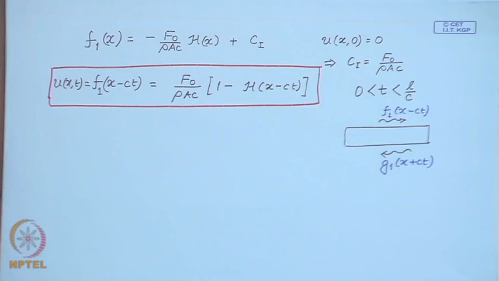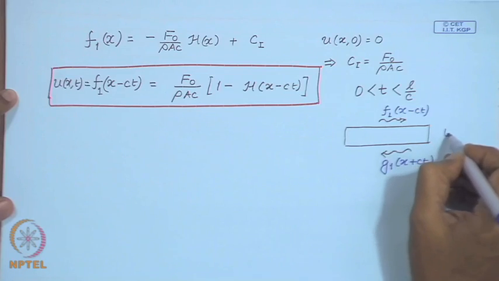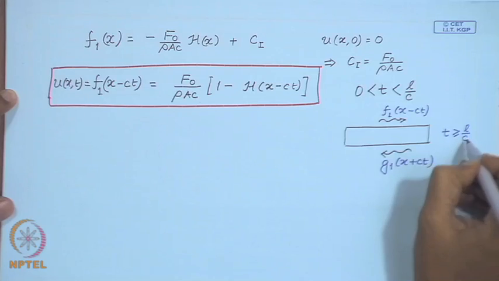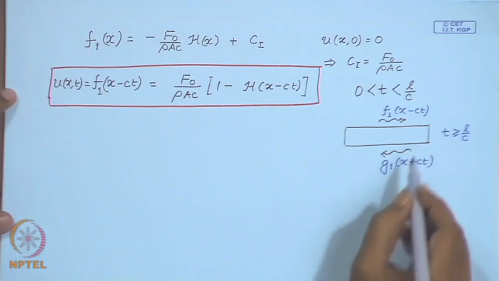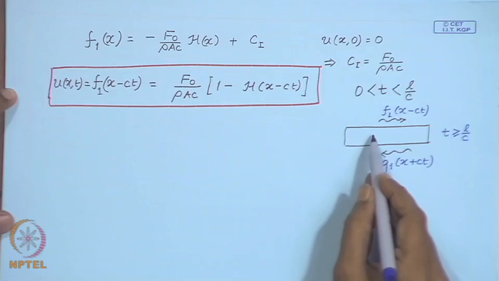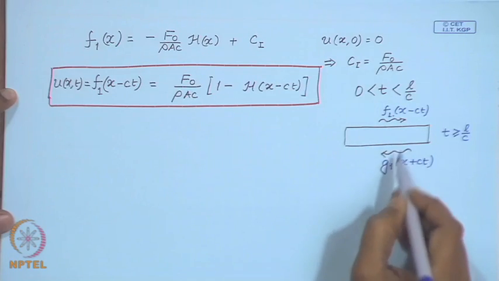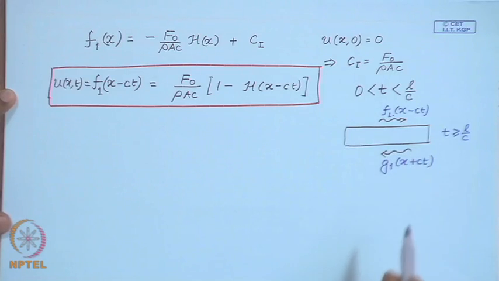x plus c t. So, this takes place at t greater than or equal to L over c. As long as this wave has not reached the boundary, this is not generated; it is generated after this wave hits the right boundary. Now, then our